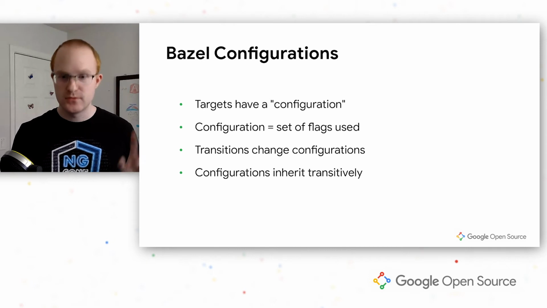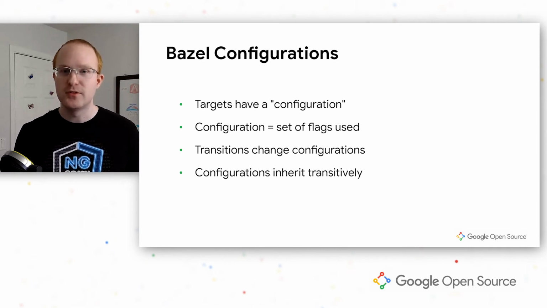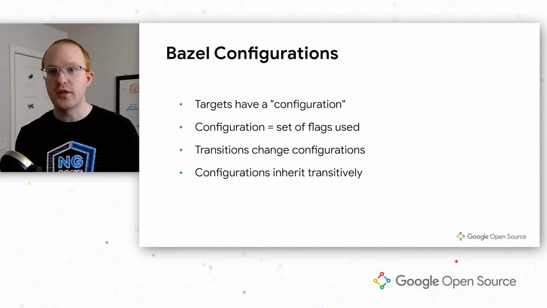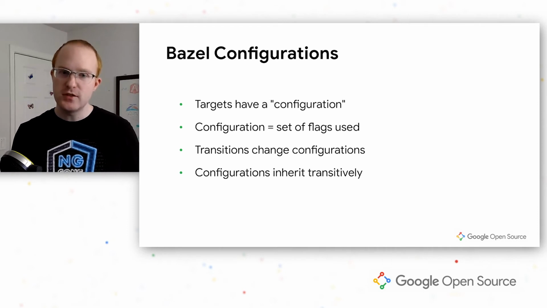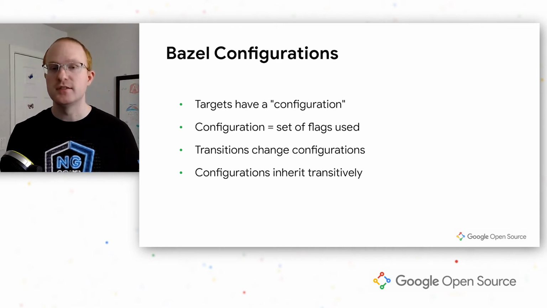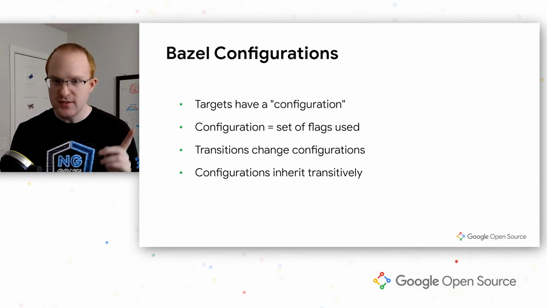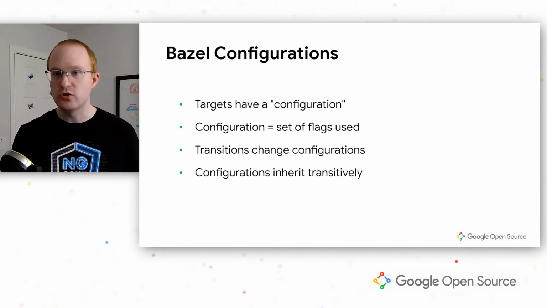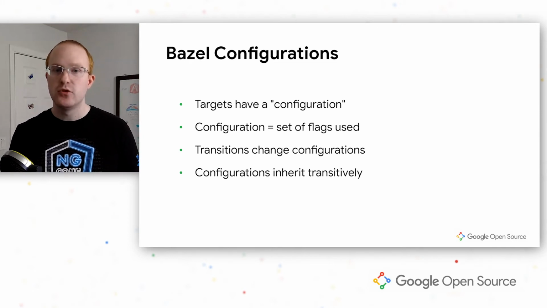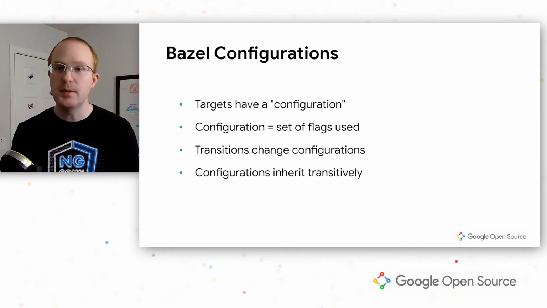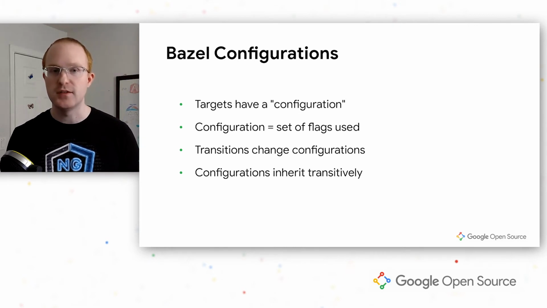Transitions are the means of transitioning the build graph from one configuration to another. This allows you to modify flags for a particular set of targets, effectively changing those flags dynamically based on the build graph. A target's configuration gets inherited by all of its transitive dependencies. This means that transitioning even a single target to a new configuration will also apply to that target's entire transitive dependencies. Those dependencies will also use the new flag values that were changed by the transition, and this is a really powerful feature which we'll be taking full advantage of for Ivy.